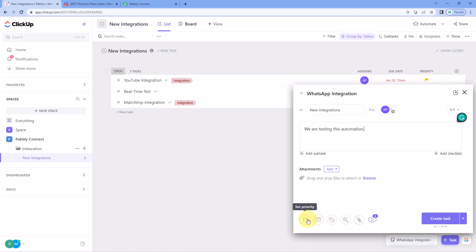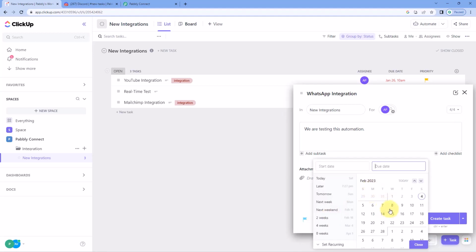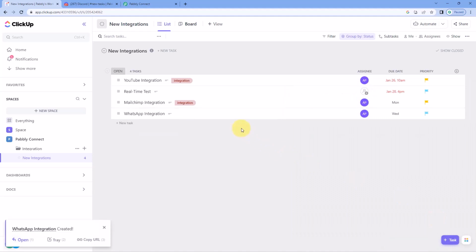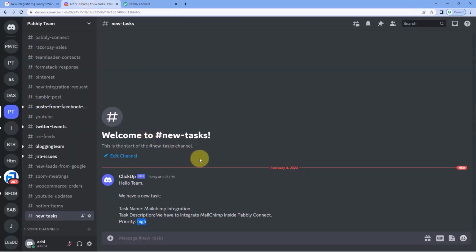So this is the description. Let's select the priority as normal and select the due date as 8th of Feb and click on create task. So just now we have created a dummy task over here in ClickUp. And we will see as we create this task, automatically within 10 minutes, a channel message will be sent on